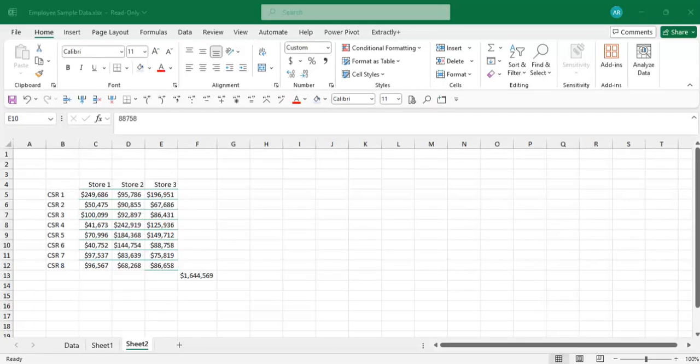Next week, we're going to look at formatting spreadsheets as well as inserting and removing cells